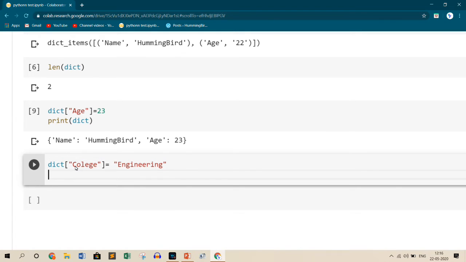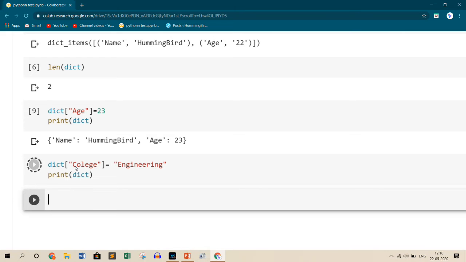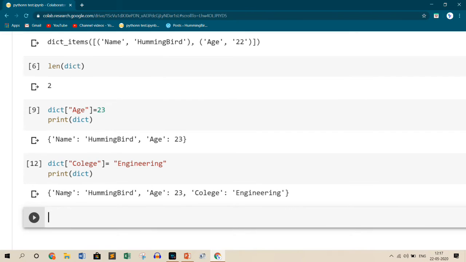Let's see the updated dictionary now, print dictionary. Now you can see I have a new key and value pair, college as the key and engineering as the value. So this is how you can add or append a key and value pair in dictionaries.